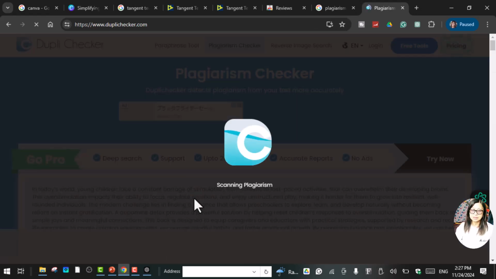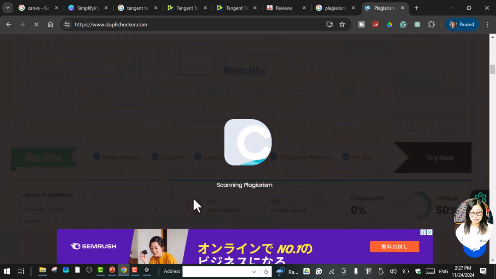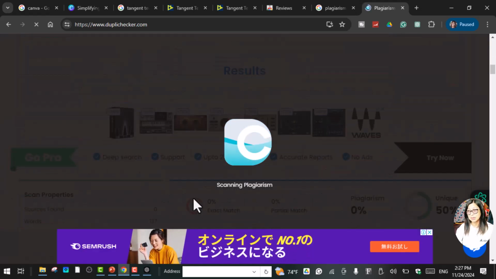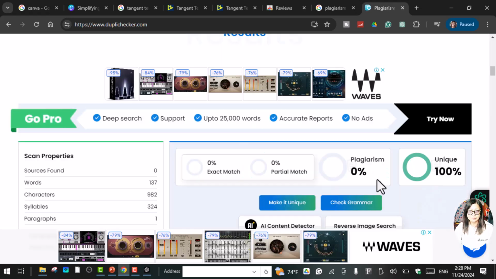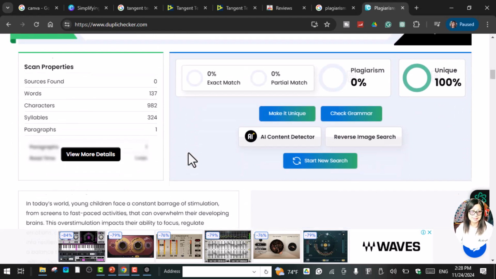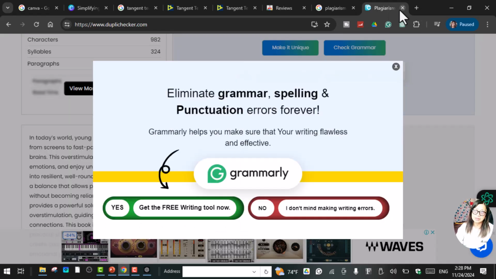There are a lot of software or apps that you have to pay or subscribe to so that you can remove plagiarism, or you can rewrite it on your own. All right, so now you see it's zero plagiarism, it's 100% unique, so you can use that as is. Okay, so let's try another